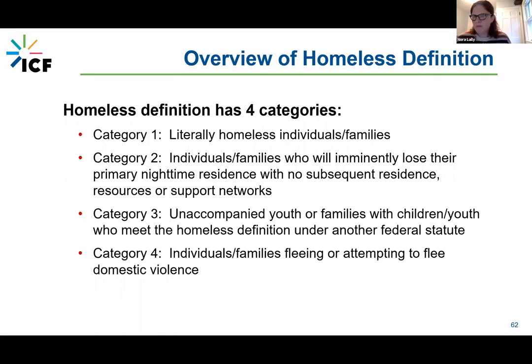So I know that was really a lot of information. We really just wanted to not go all the way down deeply into the conversation, but to create the outline, create the framework, and establish the understanding that for the various ESG components, there are eligibility requirements that relate to the situations that people are in.